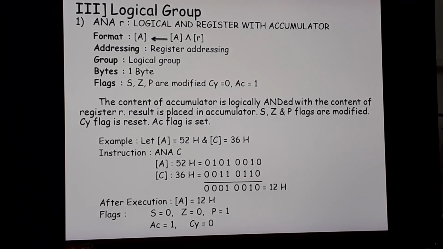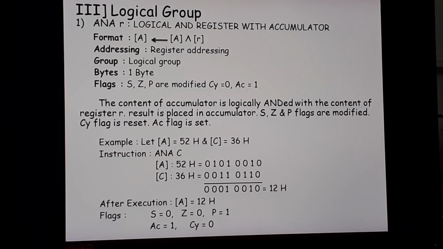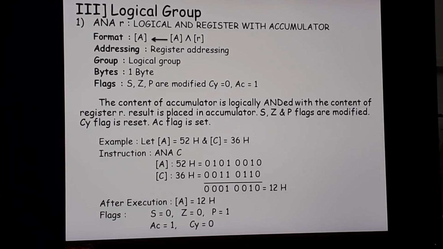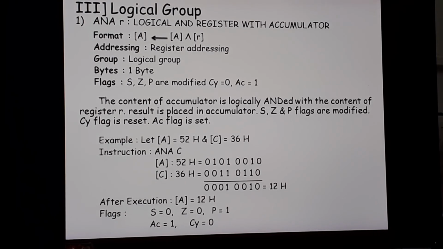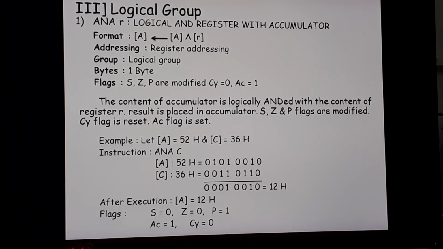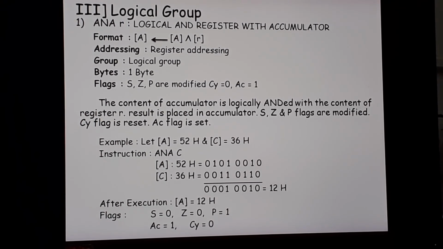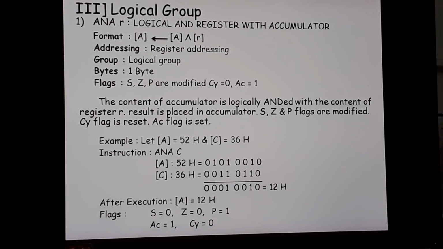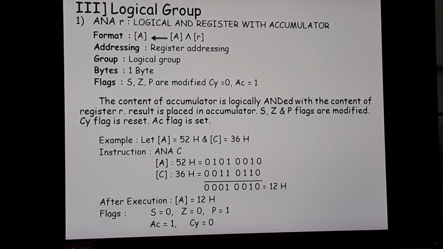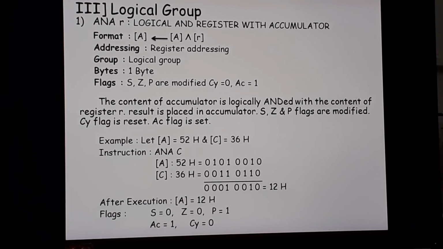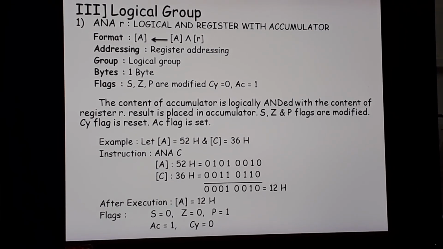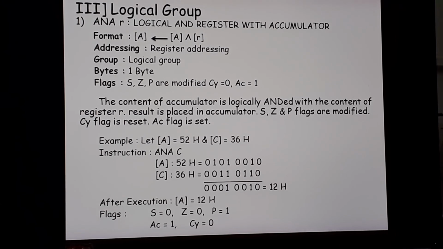So after executing this particular instruction, that is ANA C, what happens? You need to write both the numbers, the hexadecimal numbers which I have written, in binary: 52 as 5 is 0101 and 2 is 0010. Same for 36, 0011 for 3, 0110 for 6. Now you need to AND these two binary numbers. AND means normal multiplication. So 0 into 0, starting from the very right hand side. So you will be ANDing these two numbers as 0 into 0 is 0, 1 into 1 is 1, 1 into 0 is 0, 0 into 0 is 0, 1 into 1 is again 1.